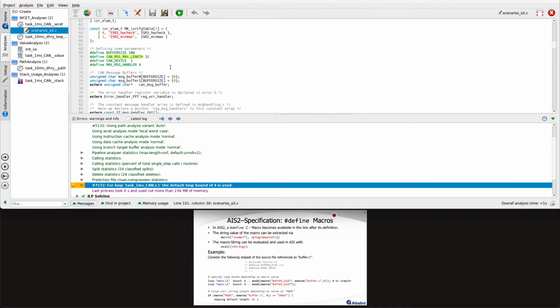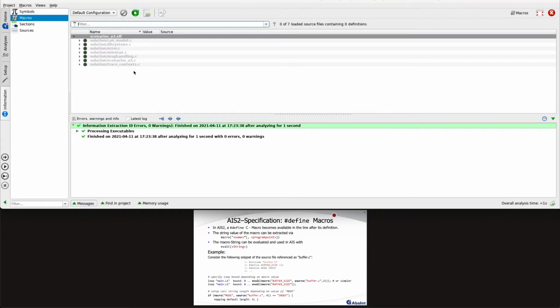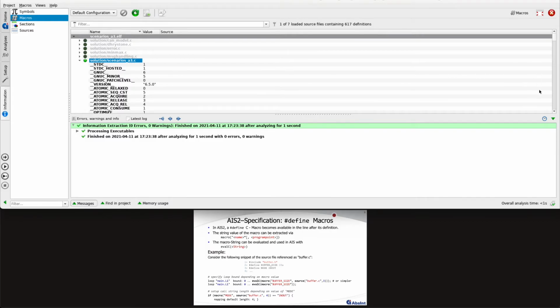Okay, now we have already collected all information we need to bound that loop, but I would like to give you some tip. You can go to information. There is the macros view, and you can extract the DWARF macro information here. And we have learned it was defined in the scenarios file, so you can unfold that. And here you will see all